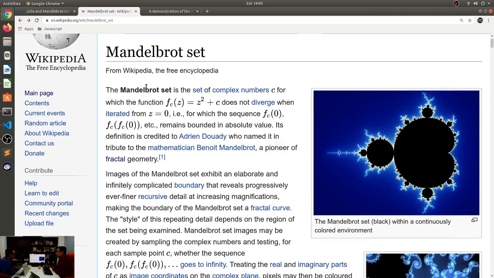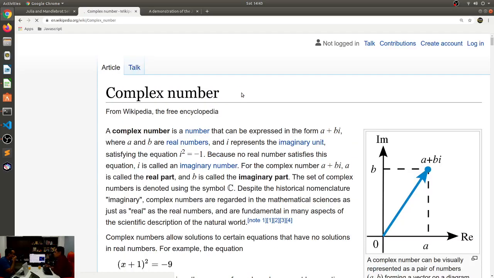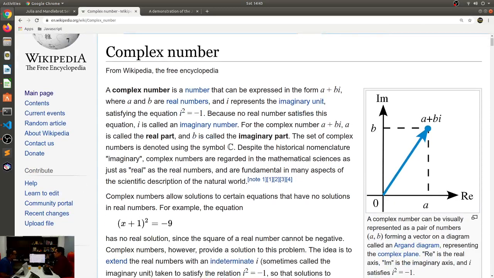All right. You will see that the Mandelbrot set is a set of complex numbers. Both the Z and the C actually represent complex numbers. A complex number goes by the form a plus bi, where i is actually a square root of -1, I think. All right. So let's take complex numbers, for example. Let's look at the definition. A complex number is a number that can be expressed in the form a plus bi, where a and b are real numbers, and i represents an imaginary unit, where i is essentially square root of -1. All right, it's an imaginary number.